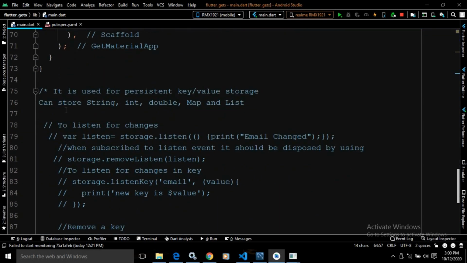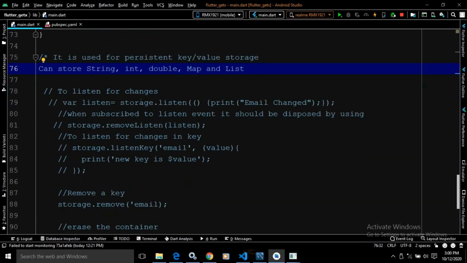As you can see here in the note I have written, the get storage is used to store the value in key value format. It can be used to store string, int, double, map and list. Now if we want to listen for the storage changes, then we can use storage.listen, and whatever you write in this method will be fired.